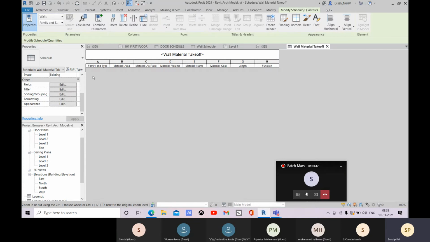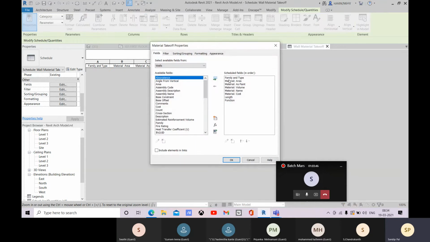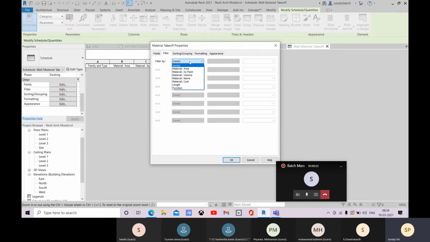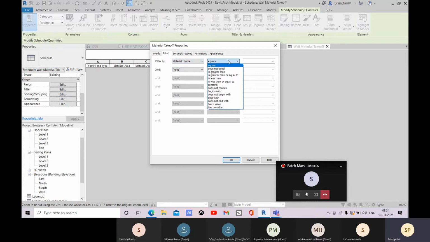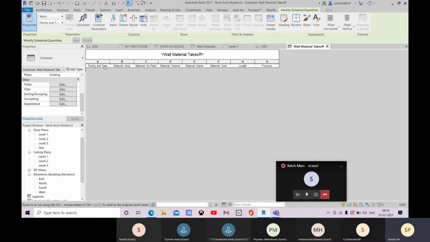All right, family and type, material cost. Now let me go for this material name, and here let's go for this equal, and what I'll do, I'll go for plaster. So let's click on OK.